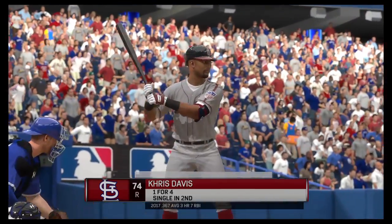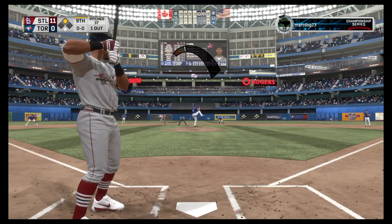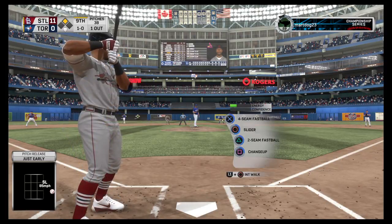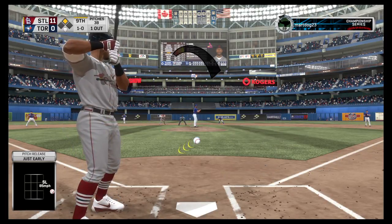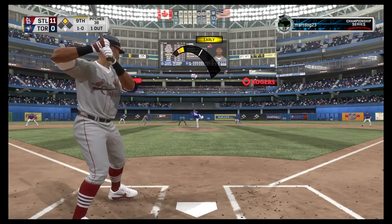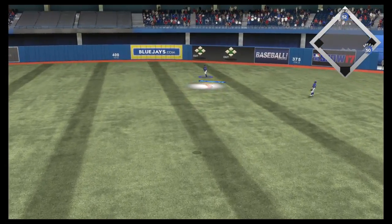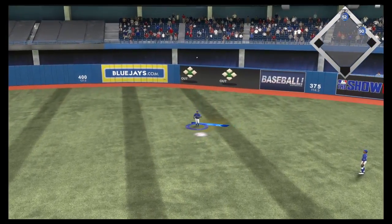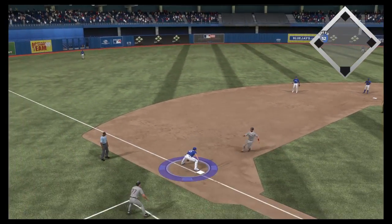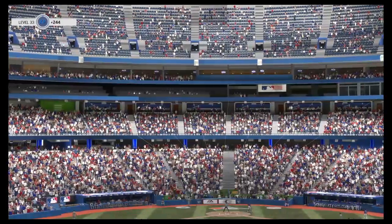Now batting, here's Chris Davis. He comes into this appearance in the midst of a 1 for 4 day. From the stretch, here's the pitch. Now here's a slider that can't quite get back to the outside corner. It's ball 1. The 1-0 delivery. Swing and a ball hit out toward right center. Catch made out there in right center as the runner will tag from second. And the tag's there. He's out at third base. It's a double play, and just